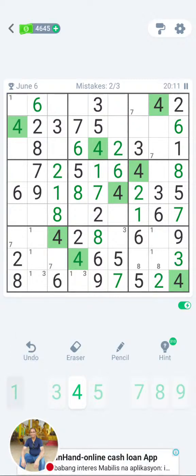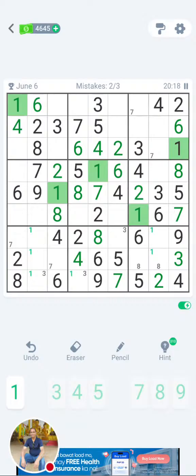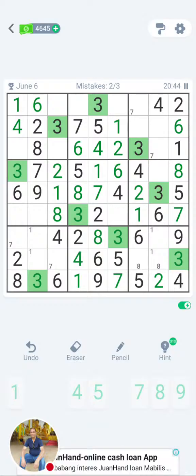See, by mistake this happens, and then you get an error when actually you wouldn't have made an error. It didn't pick up the 1, it carried on pasting the 4, so unnecessary. And 1 will come here, and 1 will come here. 1 and 4, that means 3 will come here. So that row is finished. So 1 and 3 is come there, and 3 will come here, and 3 will come here, and 3 will go there. So the 3 is over.